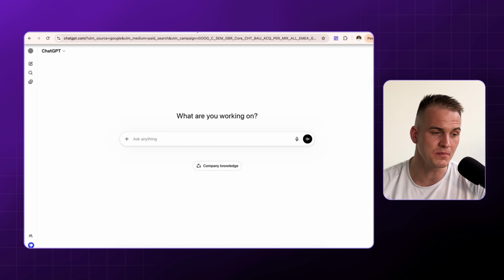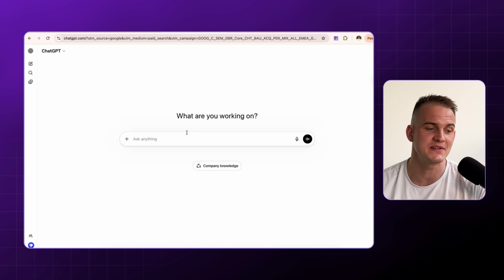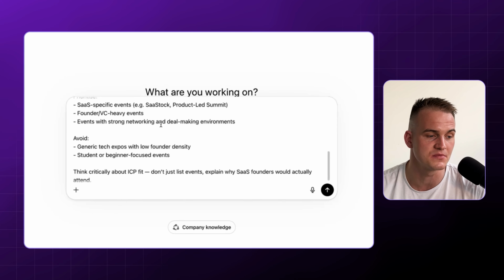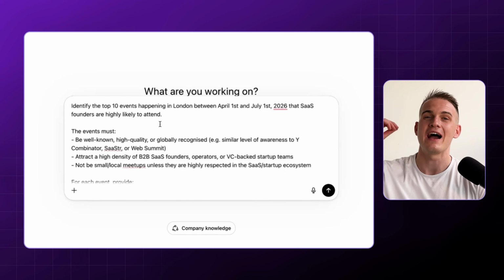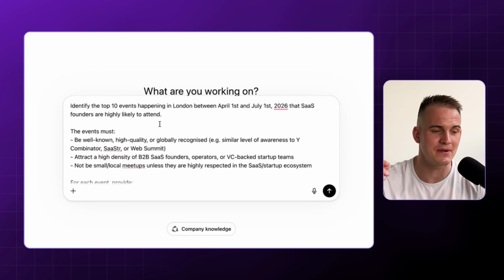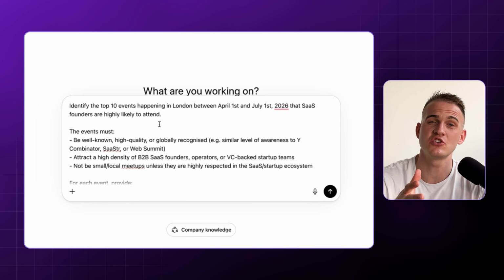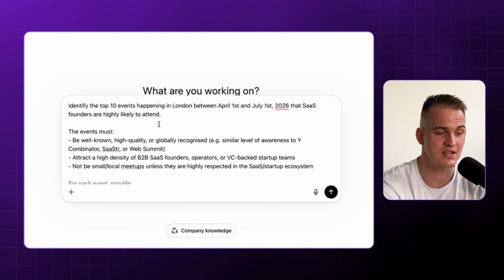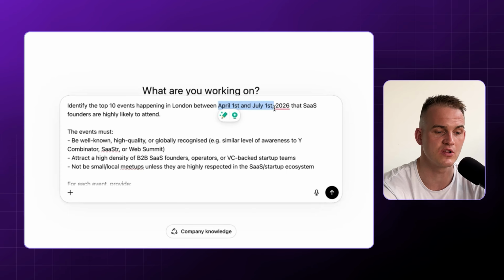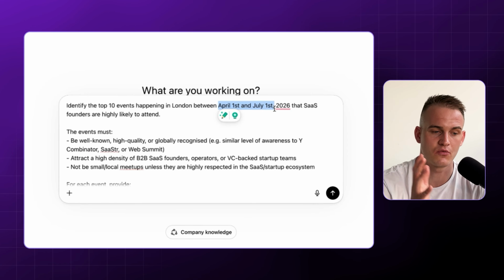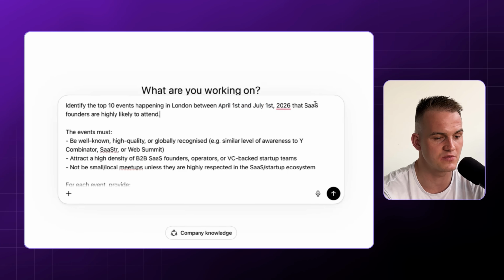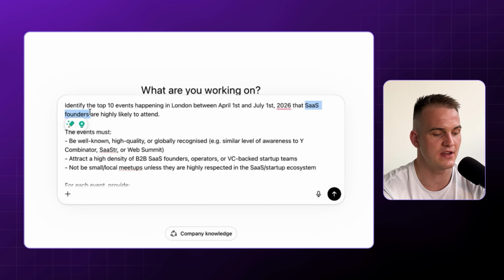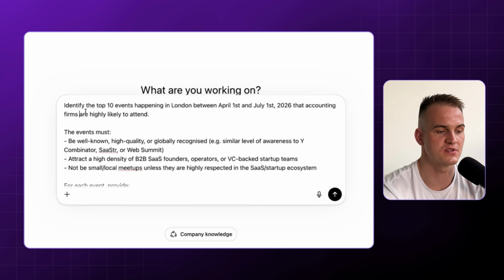So the first thing that we'll be doing is heading into ChatGPT and using this specific prompt. The prompt is as follows. Identify the top 10 events happening in London, or in whatever location where your prospects are currently based. And we're going to say between April and July the 1st, because it's the next 3 months or so. And in this case, this has to be an event where accounting firms are highly